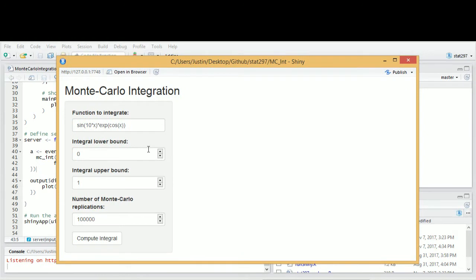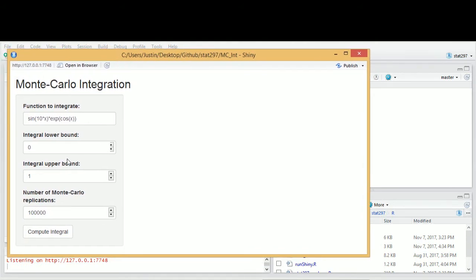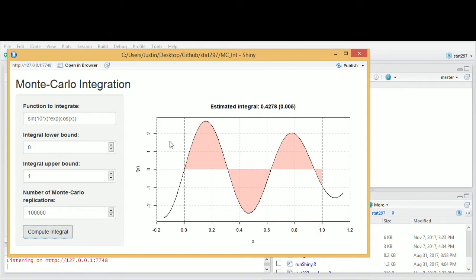and this is what we get. First we have a function to integrate, and then we have a lower bound and an upper bound, and also an option to input the number of Monte Carlo replications. So when we click this button, we get a two-dimensional graph that contains the integration curve as well